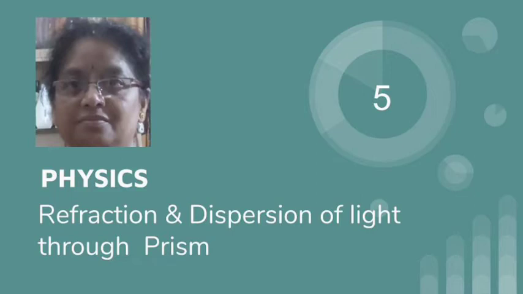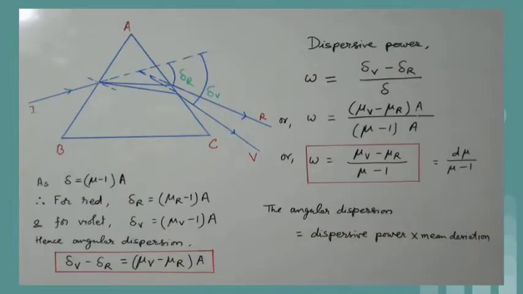The red light, having longer wavelength, moves faster than violet, which has short wavelength, and the red color deviates less compared to the violet, which deviates the most among the 7 colors, which means λ_V is less than λ_R. Therefore, μ_V is greater than μ_R. Hence, δ_V is greater than δ_R.